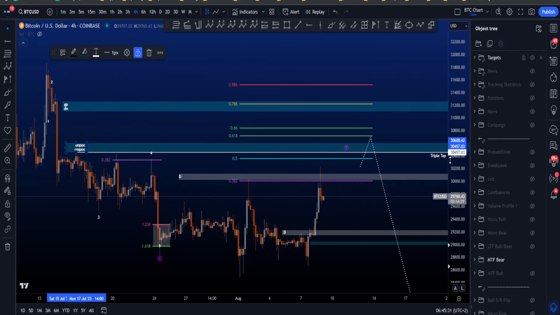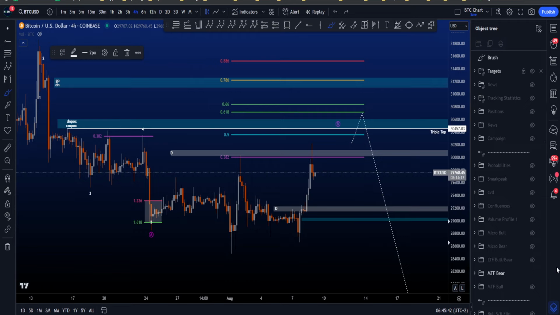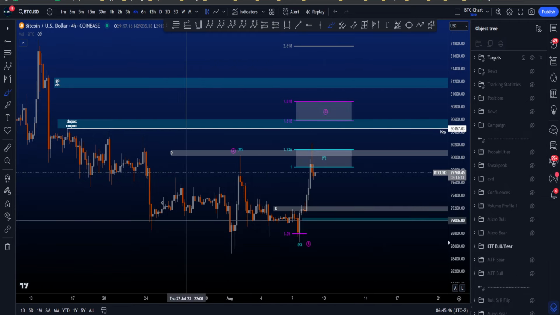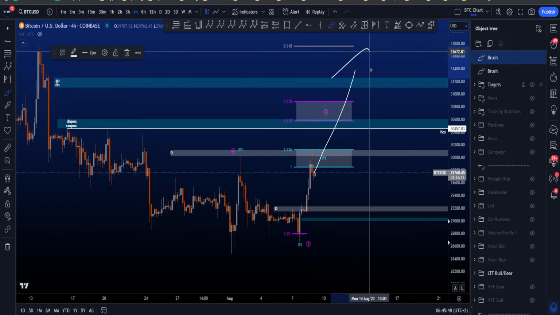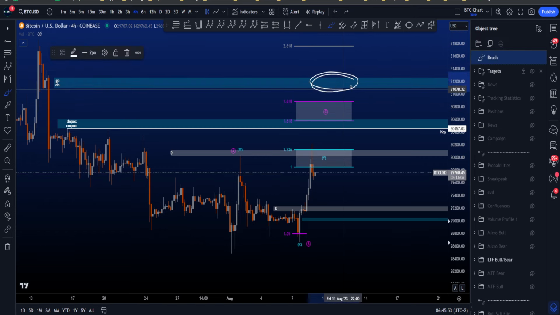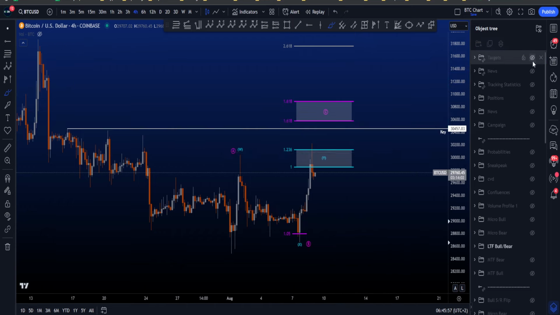At the triple top area, we have resistance till 30.6k, and then above, the highest one I have is between 31.1k and 31.3k. Now, if we zoom in to this structure over here, in the bearish scenario we expect a 3-wave structure, right? Because in the bullish scenario, we want to see continuation. So basically what I'm saying is you want to at least see price go to this highest resistance area for